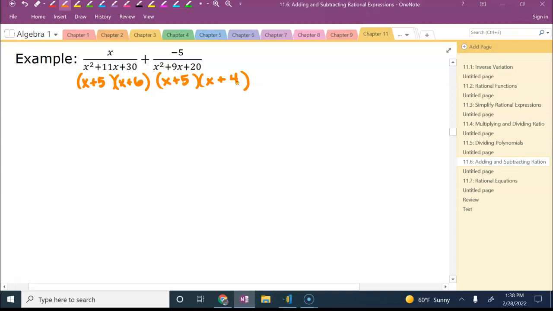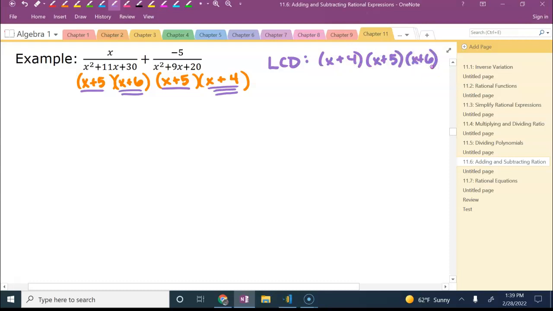So now if I look at my denominators here to state what my LCD should be, I need to make sure that all of my fractions have the most amount of times that I see some factors showing up. So I see right now that they have an x plus 5 in common. So I know I'm going to need that, and they already both have that, which is great. But if you notice that the first one has an x plus 6 and this one has an x plus 4, so those are a little bit different. So I'm going to need both fractions to have all three of these terms on the bottom. So I'm going to need an x plus 4, an x plus 5, and an x plus 6 for both